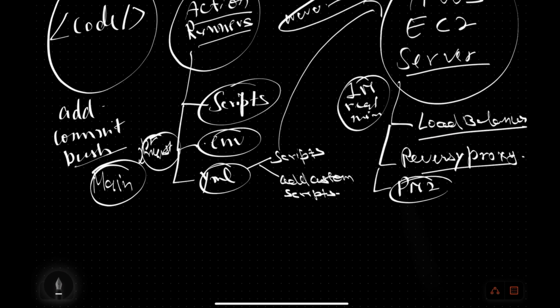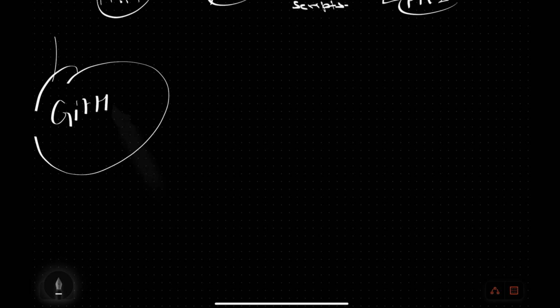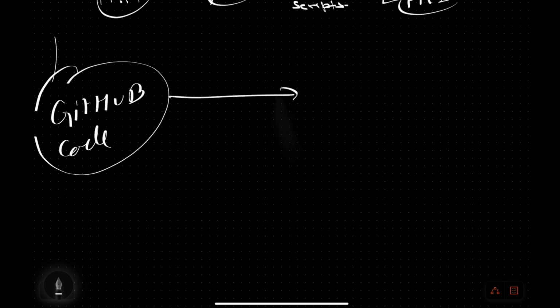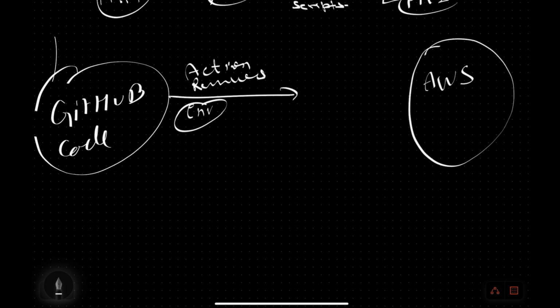Okay, so let me create a neat and clean diagram for that. Your code is on GitHub. The action runners will take all these files, because of the environment variables. Before going to the server, this action runner will automatically run on AWS and create the environment file again by touch .env, and then it will push all the environment variables from GitHub to the server. This action runner will call this, and then before going live,